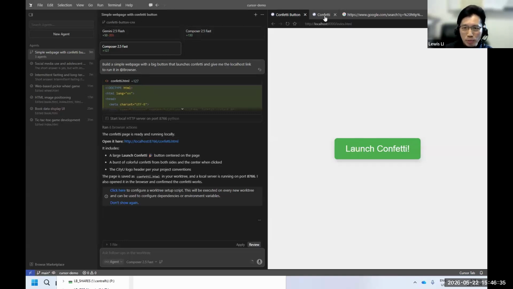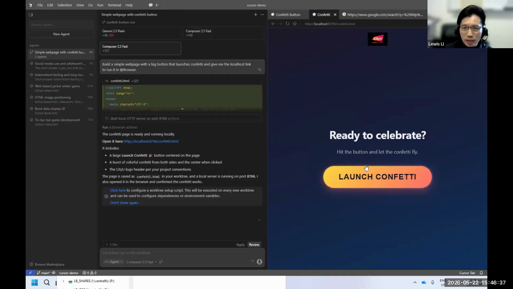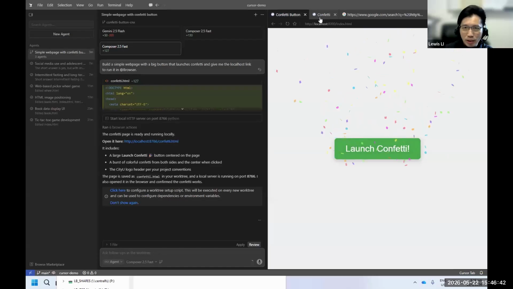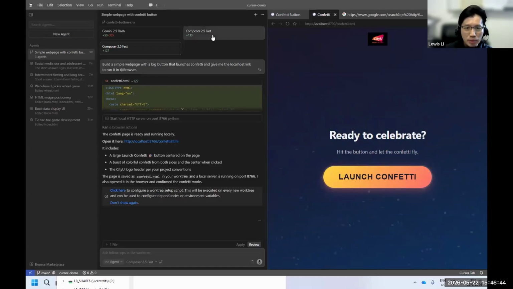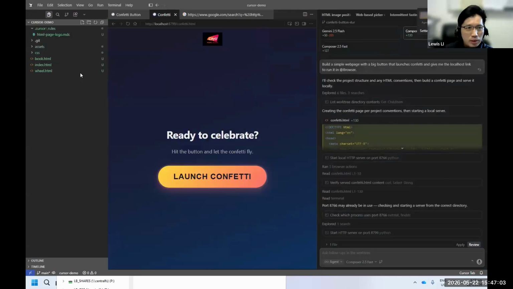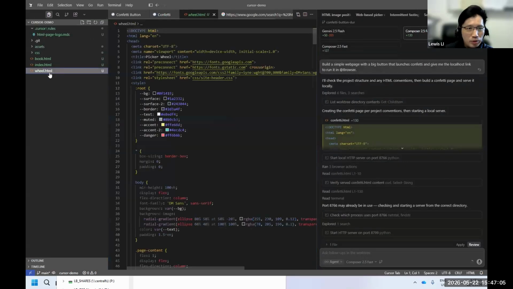Anyway, so you can see after running these multiple agents at the same time with different models, you will see the output, and you can compare the output. Of course, this one is much better than this one. So you can select this one, and then click apply down here, and then we will finalize the file for you. When you click apply, it will save this version for this file. It will generate a view file for you after you click apply. So this will be the final one.